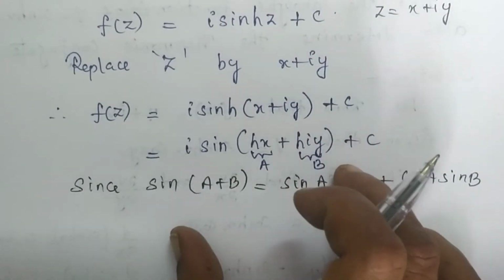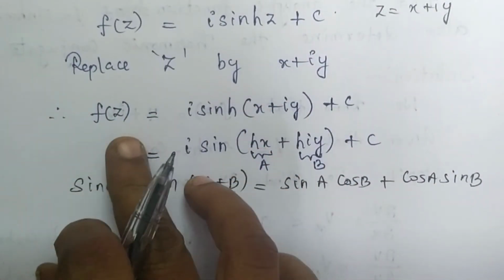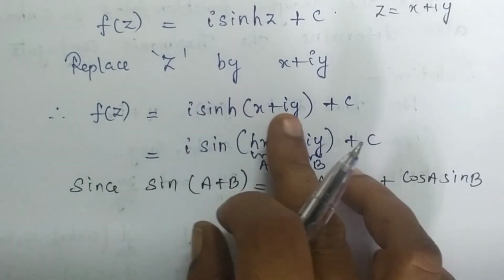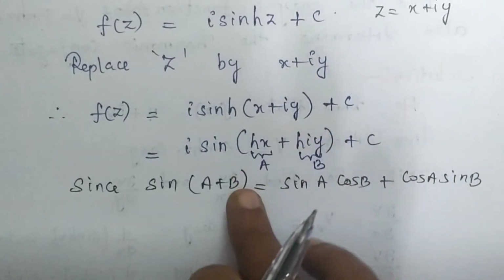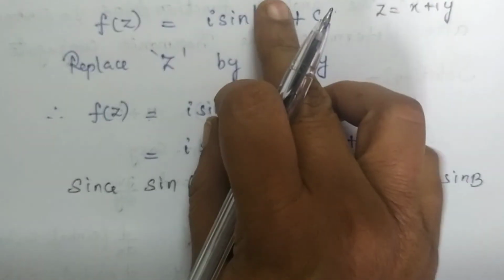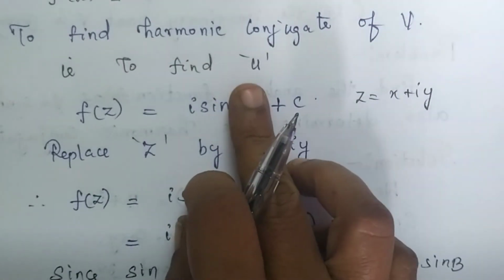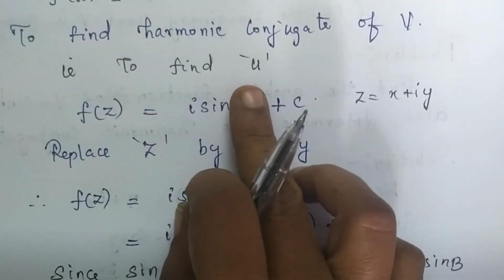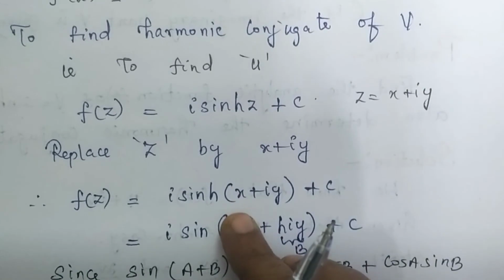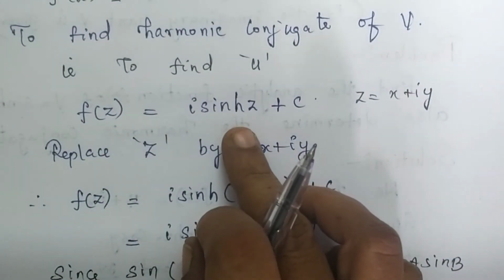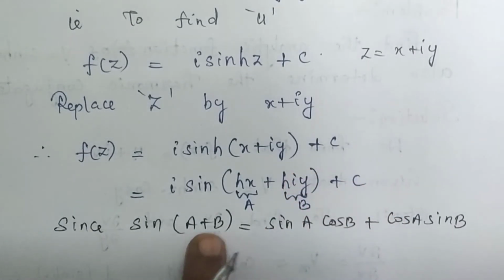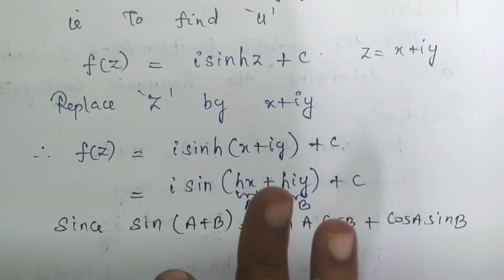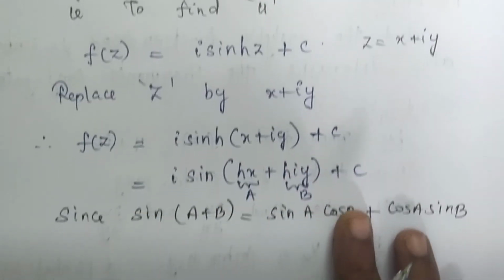So what I am going to do is, f of z, because this is an analytic function, if you express f of z in terms of the real part and imaginary part, now we can get the real part, because our aim is to get the value of u. So the harmonic conjugate of v is u. So we have to find out u. f of z is in terms of z, so when we express it in terms of x and y we can get the real part and imaginary part. So the real part is u. So we will get the real part u. That is why we are doing it like this, right?